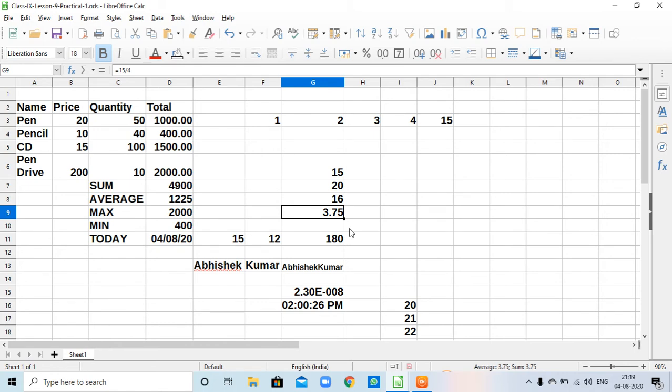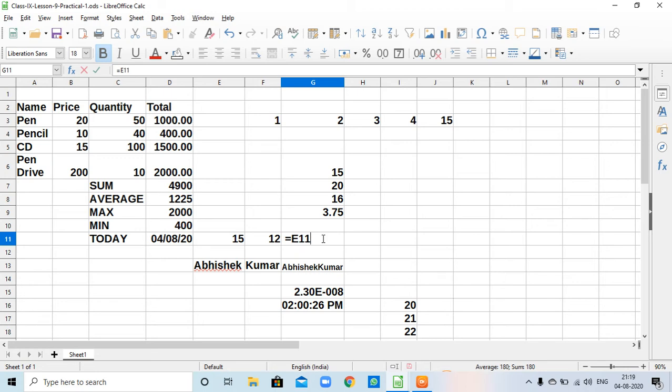Next one is formula with cell addresses and operators. Suppose in E11 the value is 15 and in F11 the value is 12. So multiply these two values.